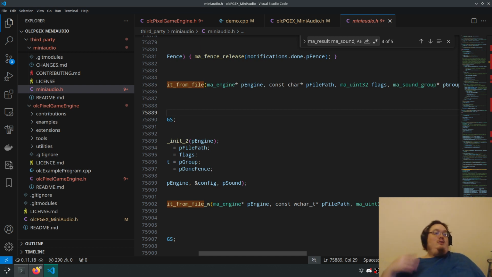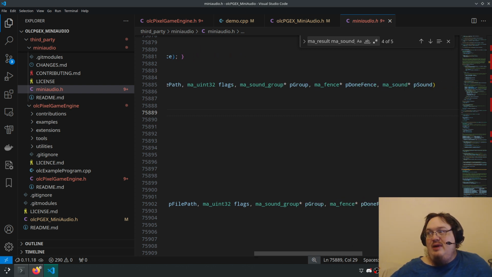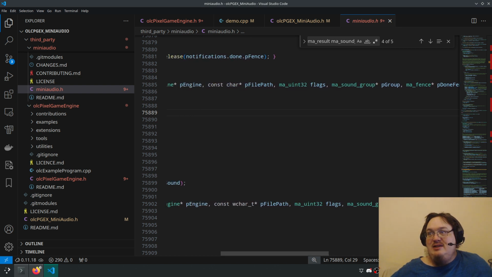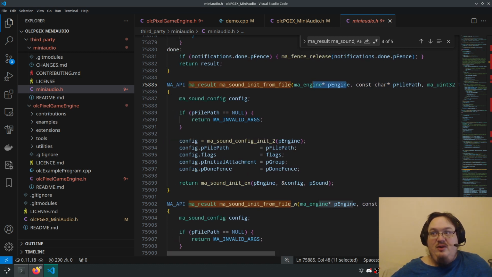Now, when I load the file, this is null, as is the fence, and then I give it the pointer to the memory access for the sound, the C string for the path, and then a pointer to the engine that's been configured and whatnot.